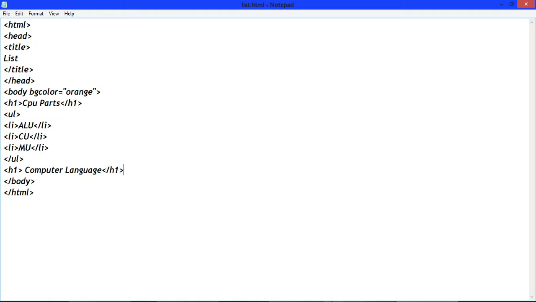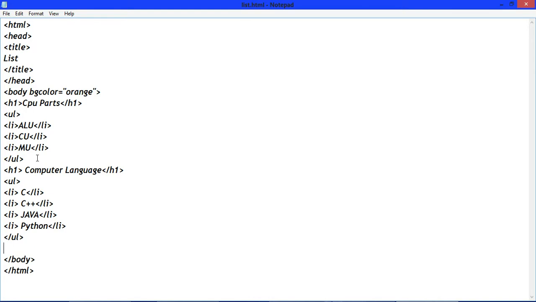Now close h1, open ul tag, write li C, close li, write li C plus plus, close li, write li Java, close li, open li, write Python, close li tag. Now close ul tag.